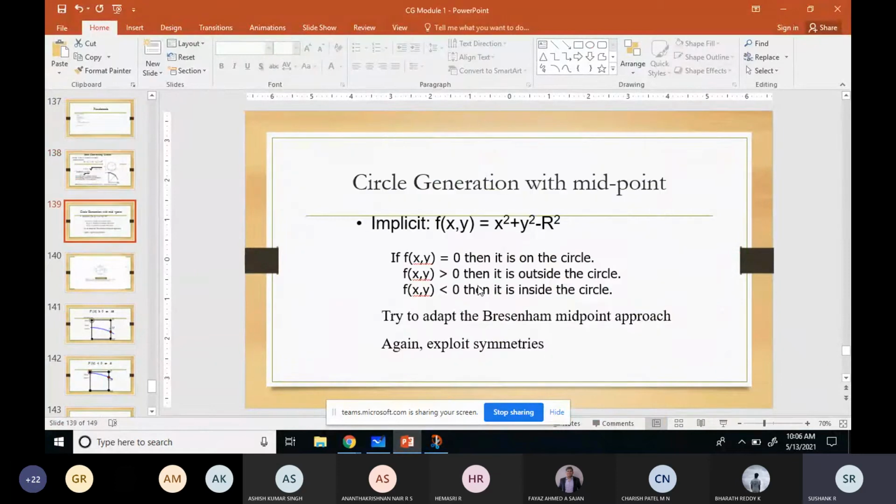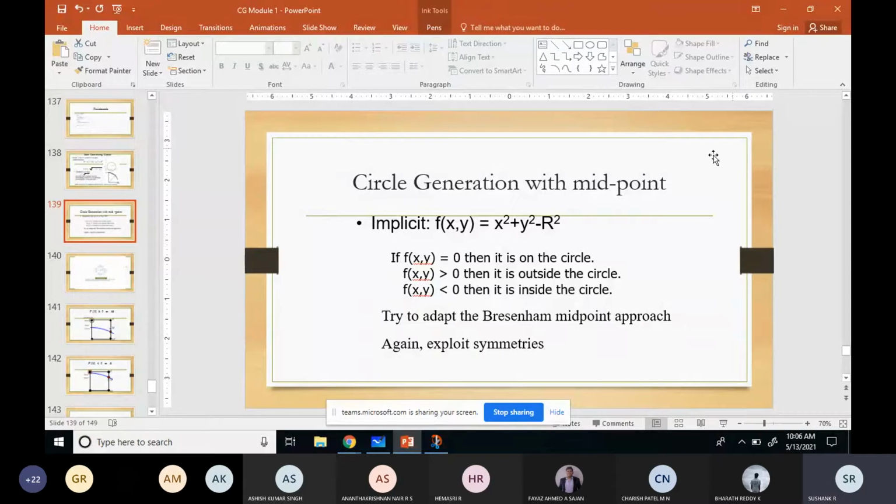So how this midpoint algorithm approach will work means it will generate all the points on the circle by incrementing the values around the circle. So the midpoint circle algorithm will generate all the points on the circle at the origin by incrementing the values all the way around the circle. So here the same strategy.